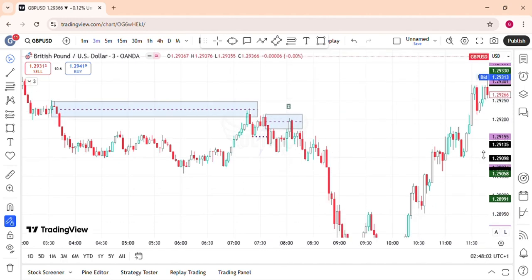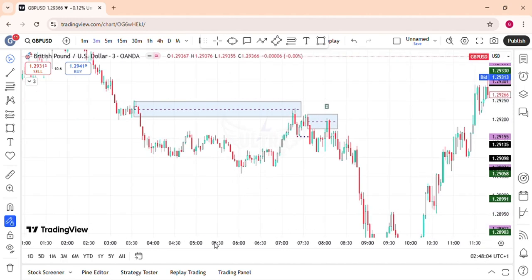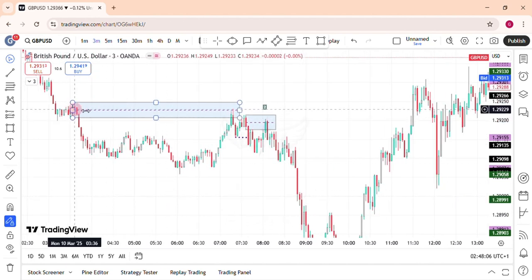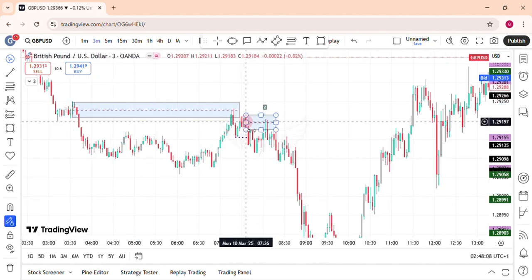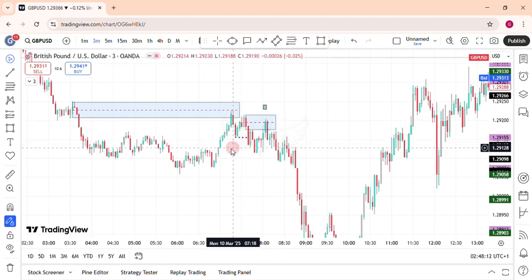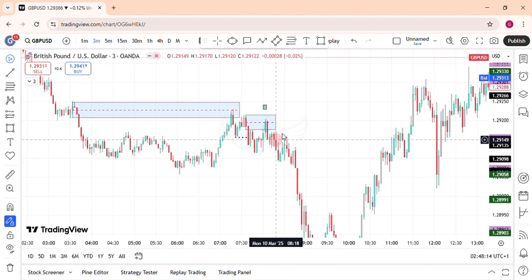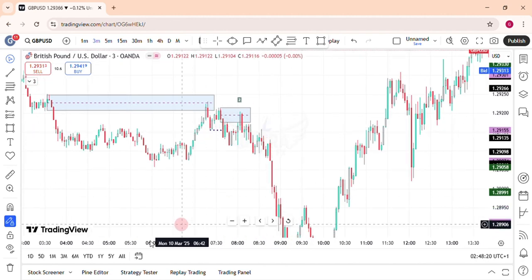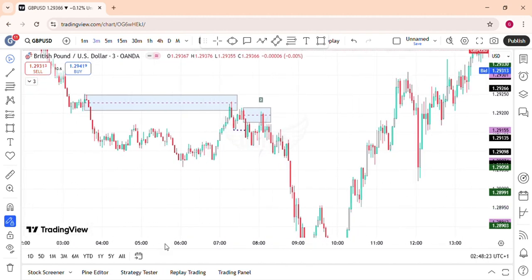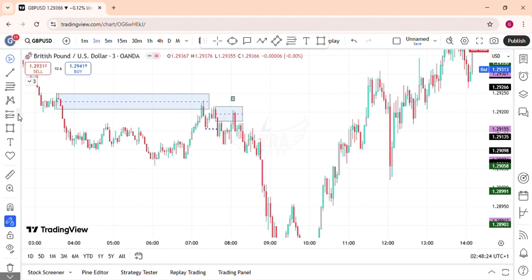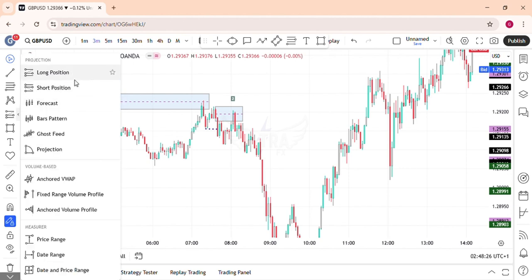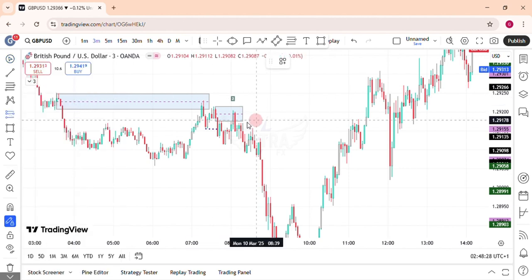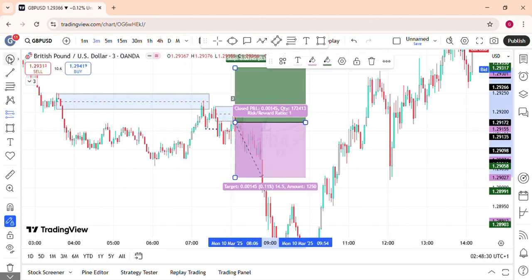Since we have our box checked, fair value gap first, then a fair value gap here, and prior to creating a good setup, we have a break of market structure right here. So that is market telling you it wants to go bearish. So now this is our entry for a short position right here on our second trade.